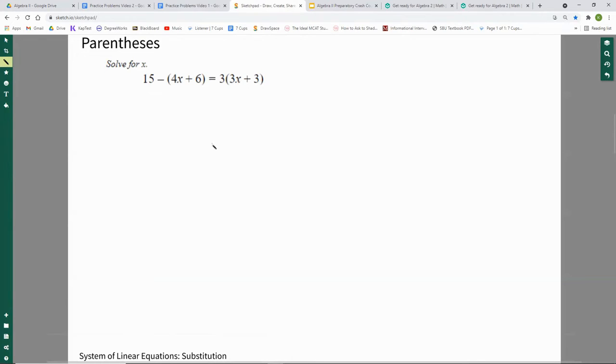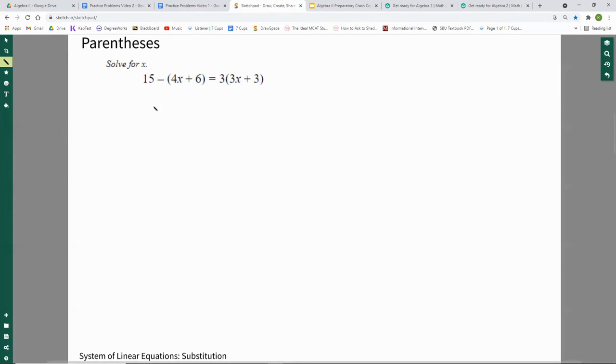Looks a little more scary, but same concepts apply. Keep in mind, first thing we want to look to is to get the x's together, isolate it to the side, and keep in mind every time we do something to one side, we do it to the other. So the way we can first do this is essentially we can multiply these out and then make sure it stays consistent. So we can get rid of these parentheses to convert it into a form that we're more